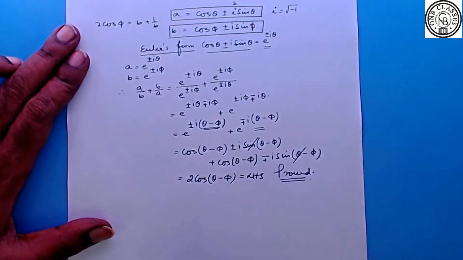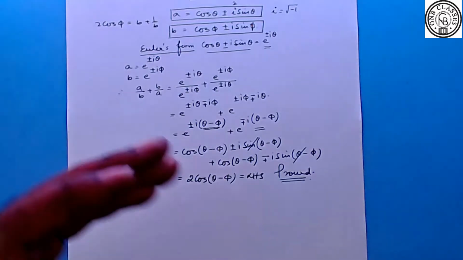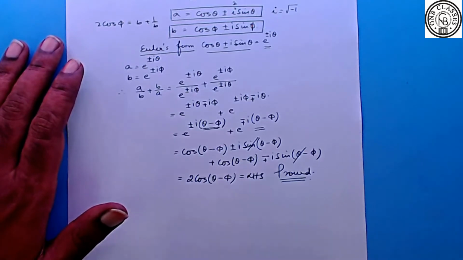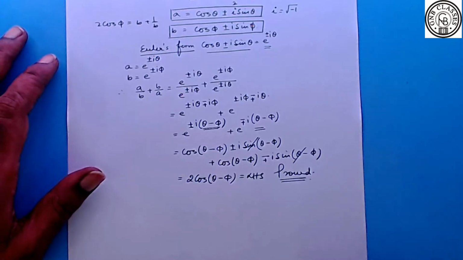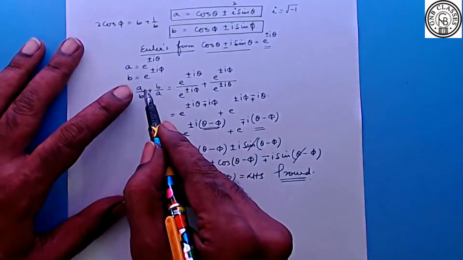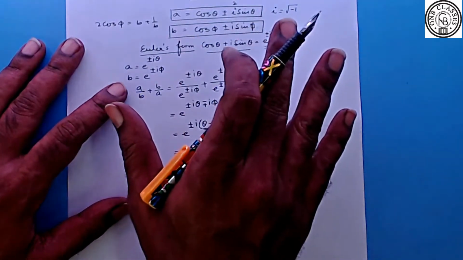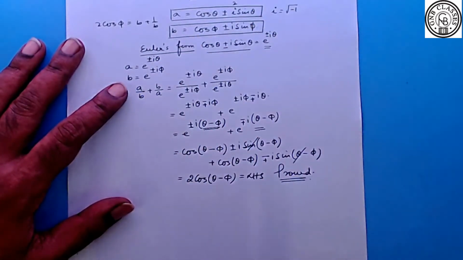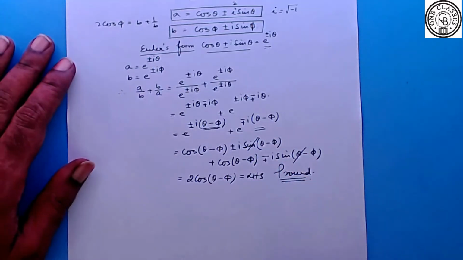Have you understood? Those who are facing problems in this sum, if they have not done complex numbers and are not familiar with Euler's form, I will suggest that for this sum you please see the basics of complex numbers. From there you will understand what Euler's form is and you can do this sum easily. Otherwise, all you have to do is take cos theta plus iota sin theta for a and b and put it in, and there will be a long calculation. It will consume time and it is very much accepted in your boards, so don't worry about it. Is it clear to all of you?